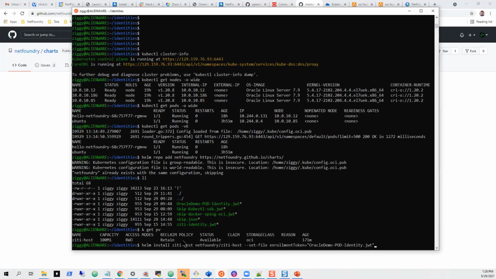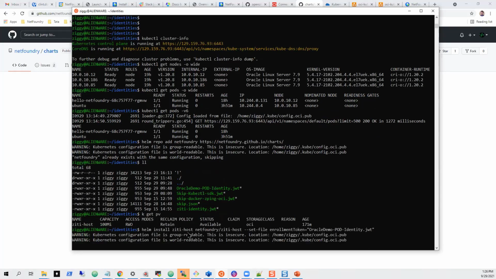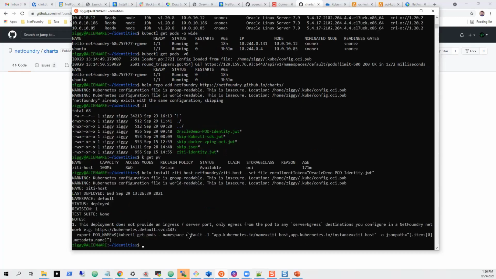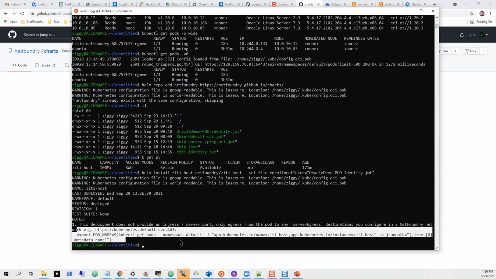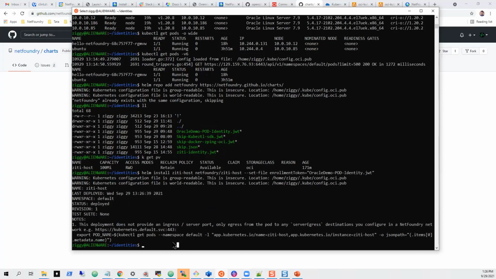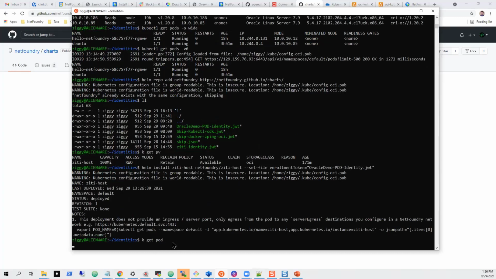Let's go back and put this in here and let it go. All right, so that sends it out over the public. So I'm going over public, installing our software to the public interface. This can take a few minutes as it downloads the binary, and then it starts up the tunnel itself. So I don't have to go through all this exporting of namespace and things like that, but we can just go get pod.